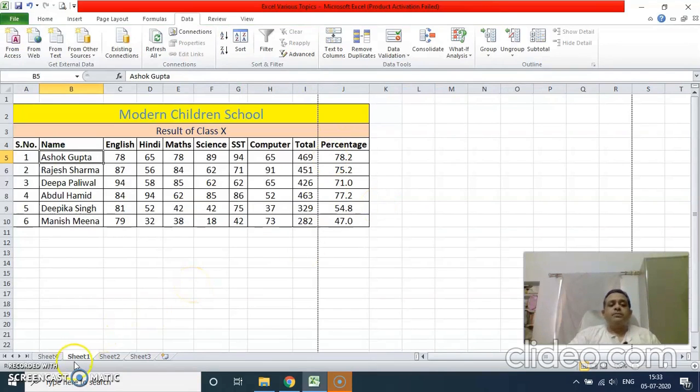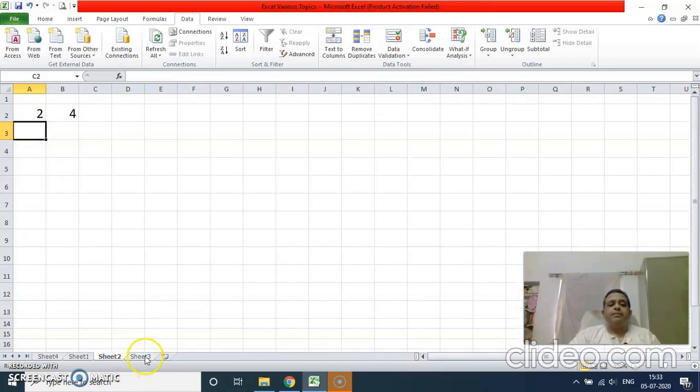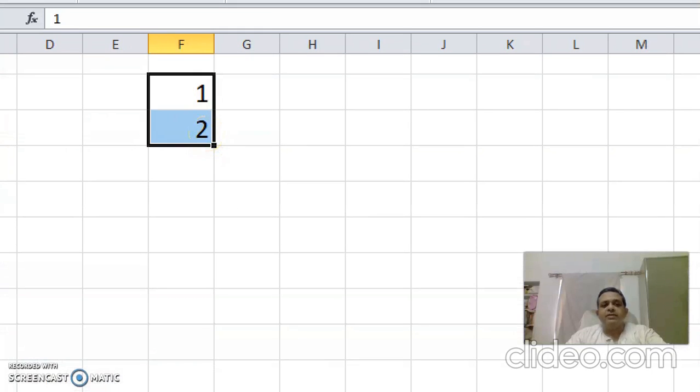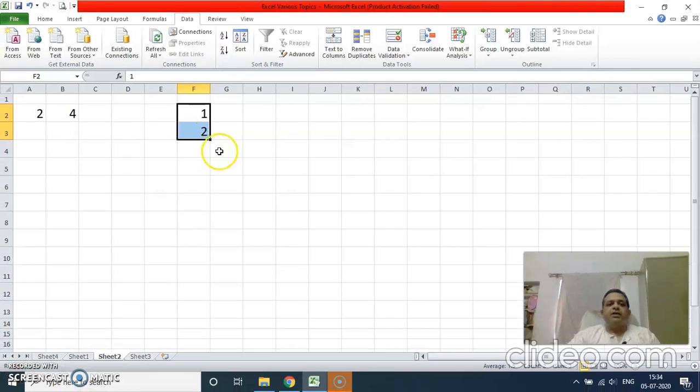Next topic was, after printing, we wish to learn what is autofill. Now what is autofill? Autofill is a feature that allows you to fill values automatically on a sheet. Like for example, I take you to sheet number 2. I wish to write a few numbers, or you can say a list of students I am preparing. Then I am going to write only the first 2 values, select them, and this small black square that you are seeing here is called the fill handle. You click on this and then you drag it.